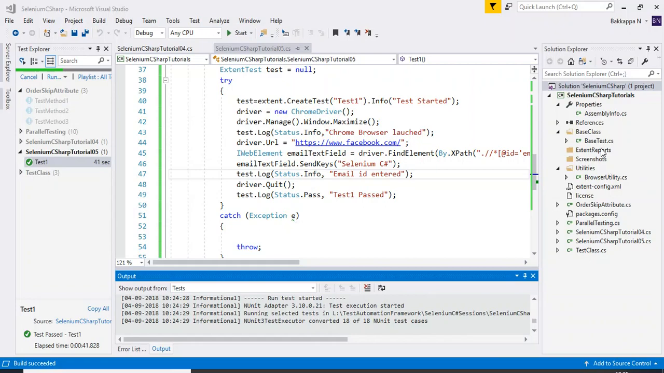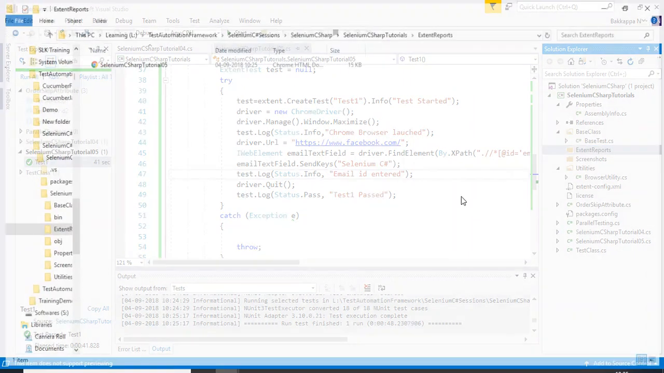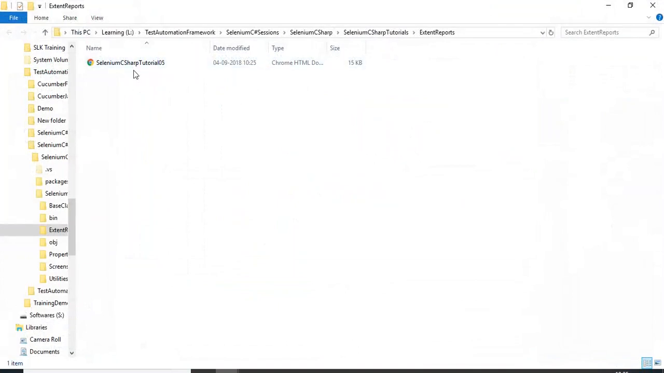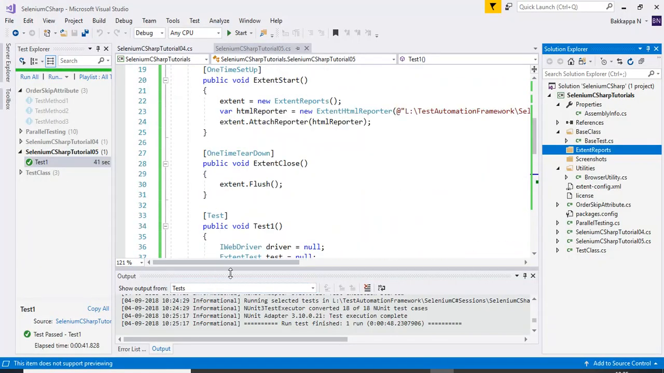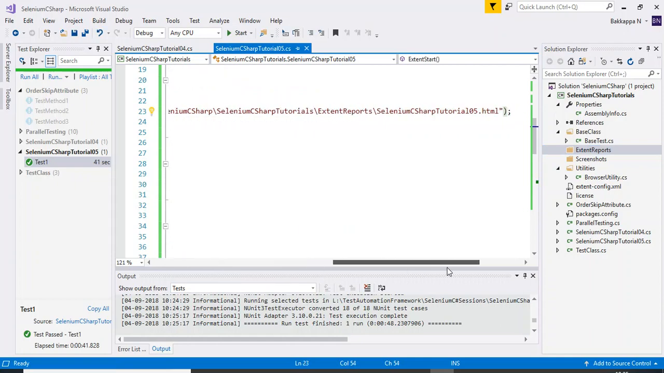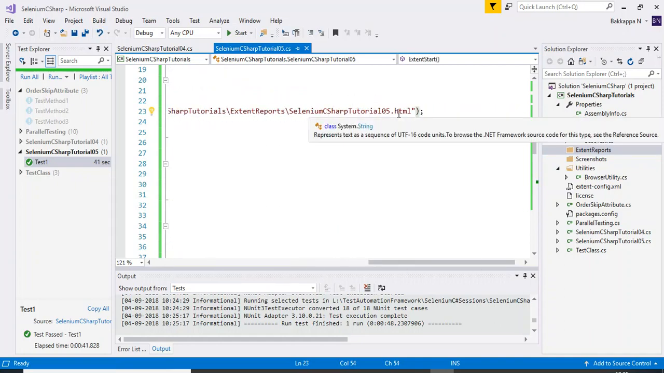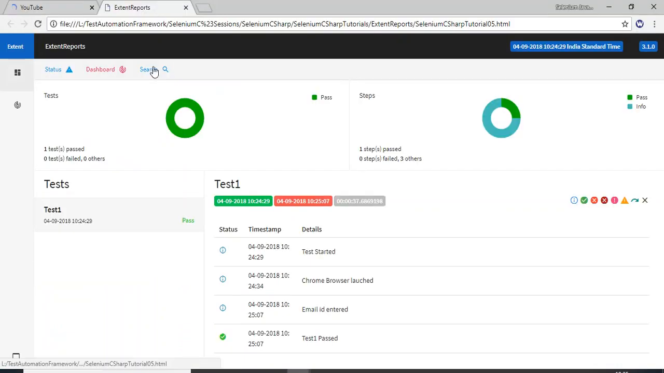If we go to the Extent reports, right click on the Extent report folder and go to Open Folder in File Explorer. If you see here, the name of the file is Selenium C Sharp tutorial 5, what we have mentioned in the Extent HTML reporter. In the same name it is printed over there. So if you open this HTML report,